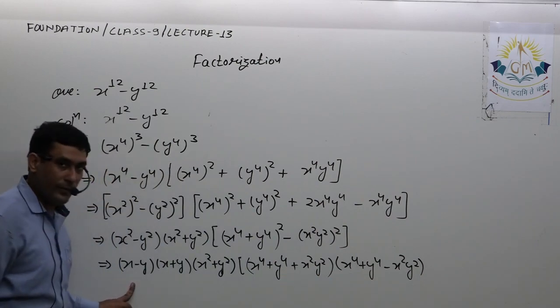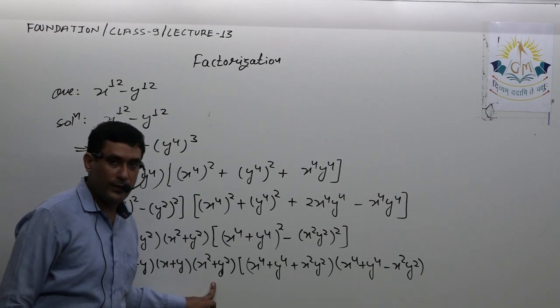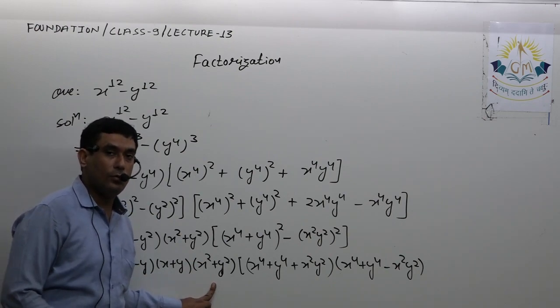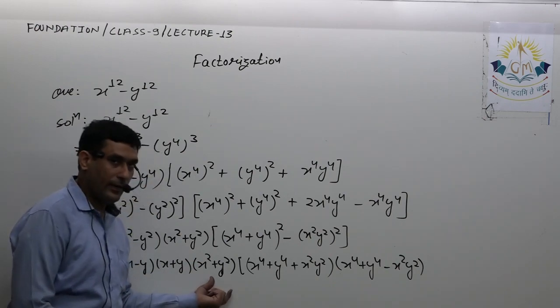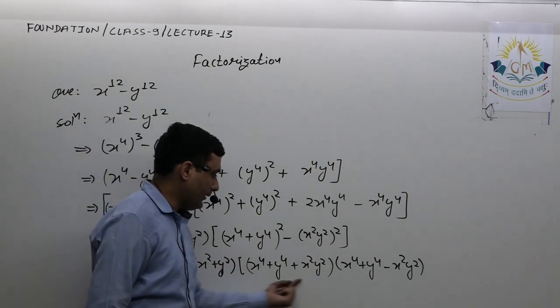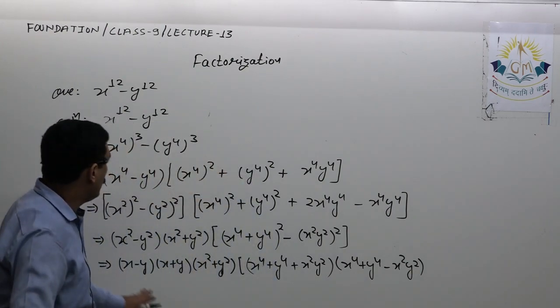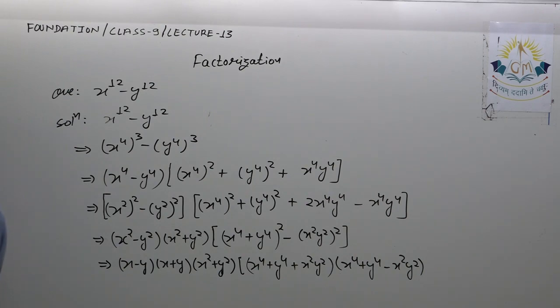So this cannot be factorized further. This cannot be factorized further. Here it is possible to factorize, but we'll get the root sign. So in that way I will say it is also not factorized further. Now here it is possible to factorize this as well as might be this. So note it down up to this point, then I will give you the remaining solution.